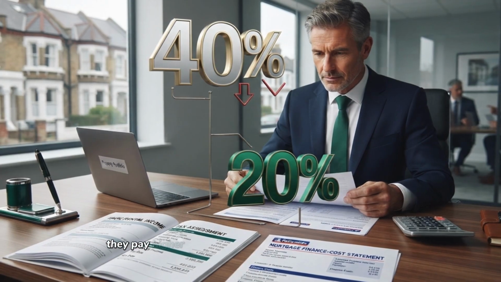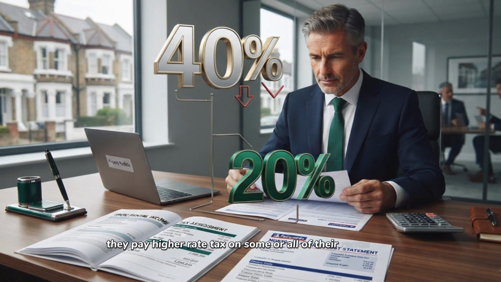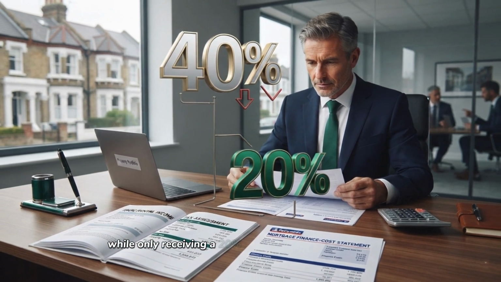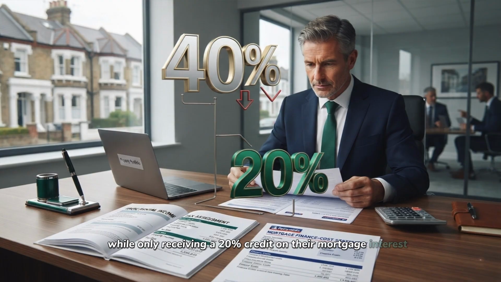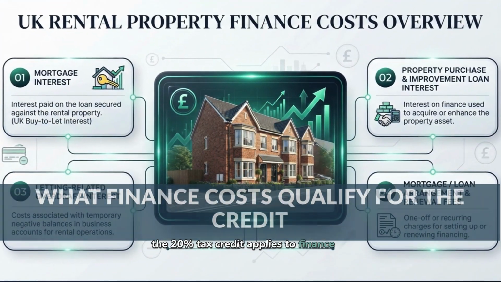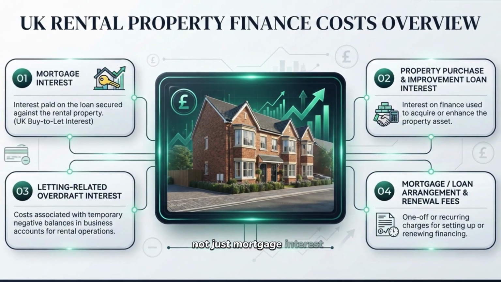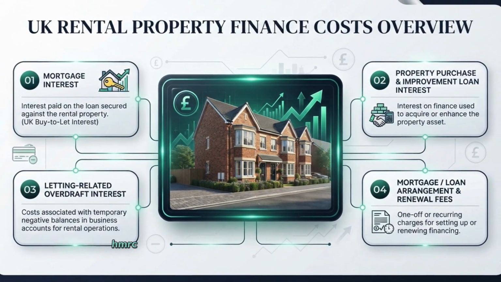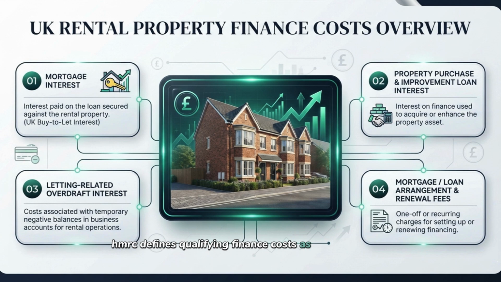That means they pay higher rate tax on some or all of their rental income, while only receiving a 20% credit on their mortgage interest. The 20% tax credit applies to finance costs, not just mortgage interest. HMRC defines qualifying finance costs as mortgage interest,